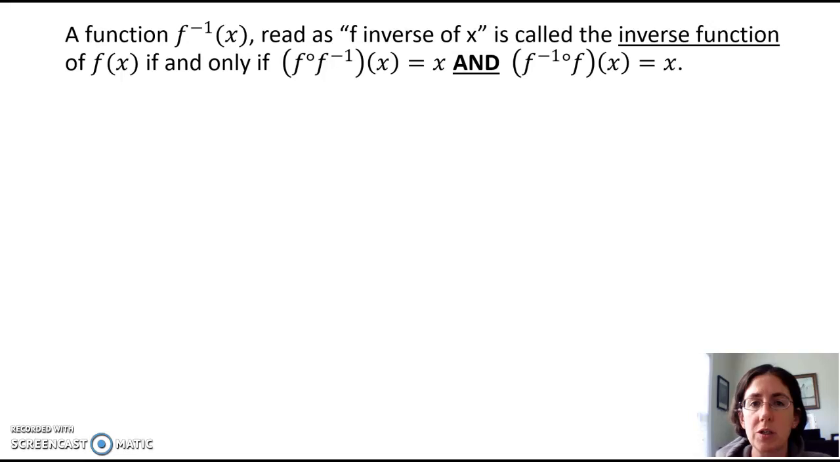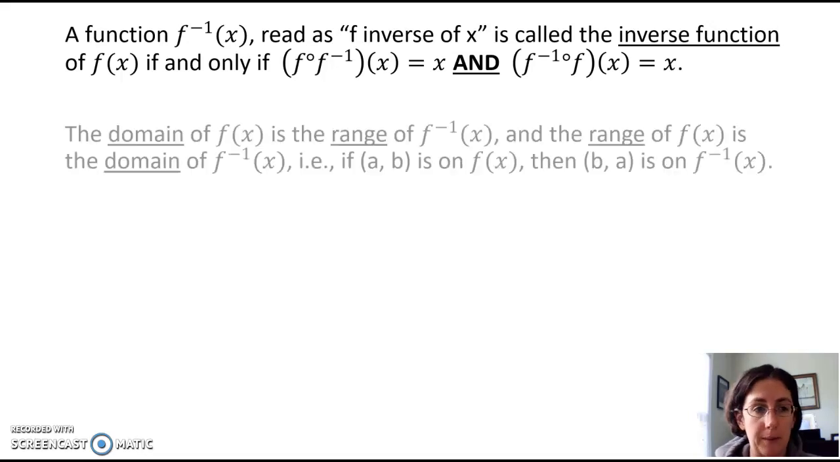when you compose the two functions together, f composed with f inverse, you get x. But also when you compose it the other way, f inverse composed with f will also give you x. An inverse function is essentially what undoes a function. So a function, remember, is like a machine. You stick an input in, it does a bunch of stuff and spits out an output. Your inverse function is going to take that output, undo all the stuff the machine did, and give you back